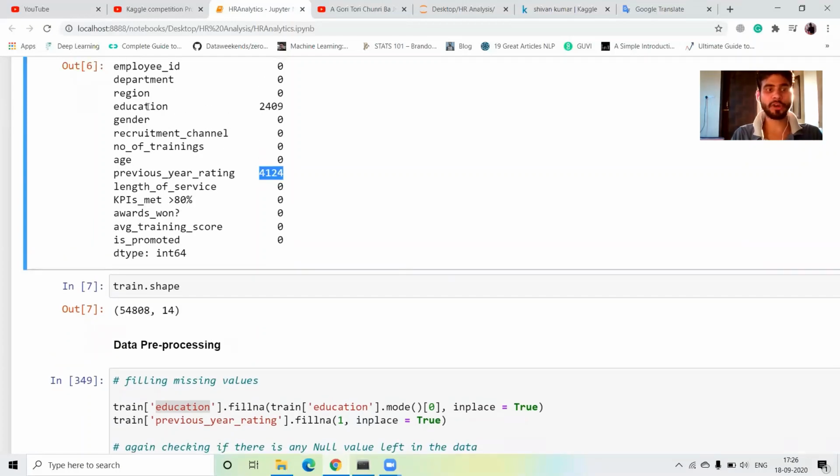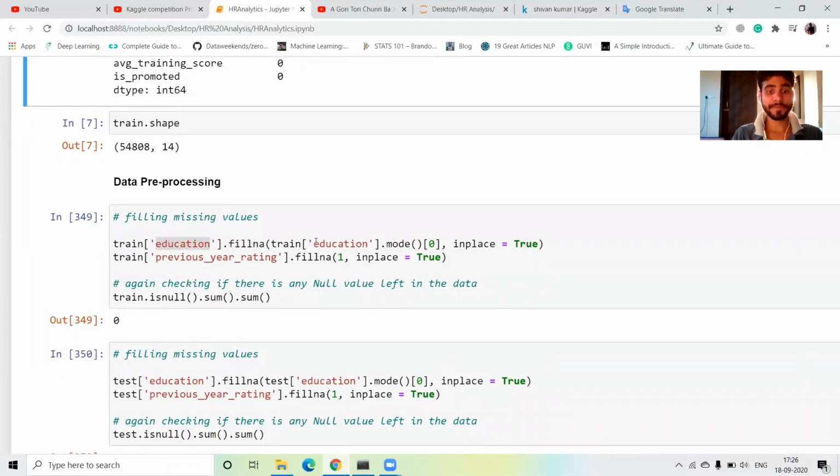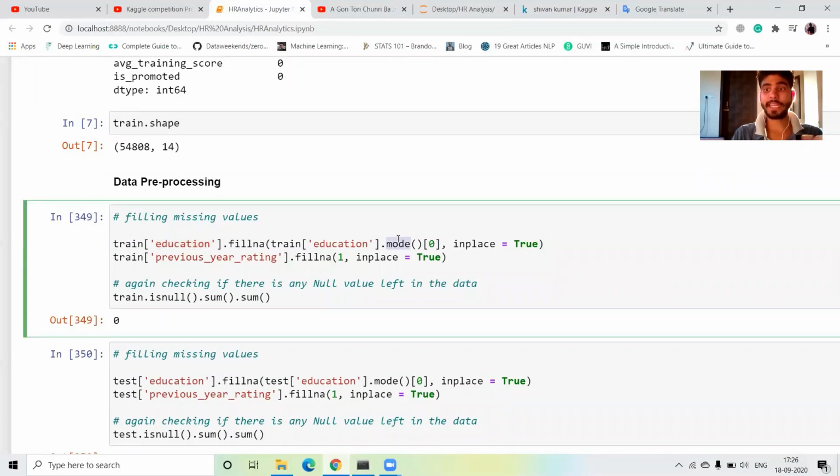In our education column 2409 null values are available, so first of all we fill with the mode. There are many different ways of filling null values, like filling with the mean, mode, median, or KNN imputer. If you have no idea about these, first of all search on Google where we use mean, mode, median and the imputer.